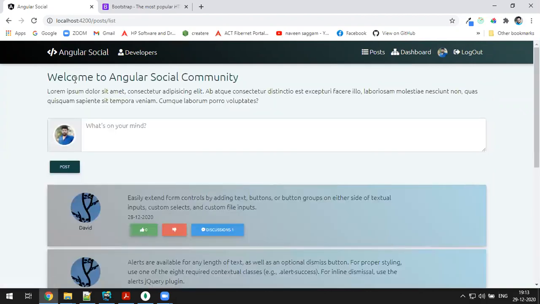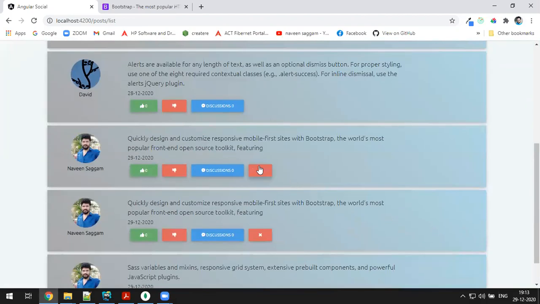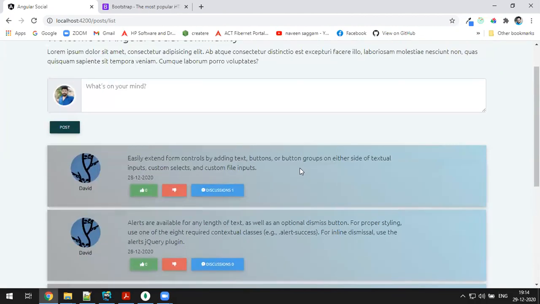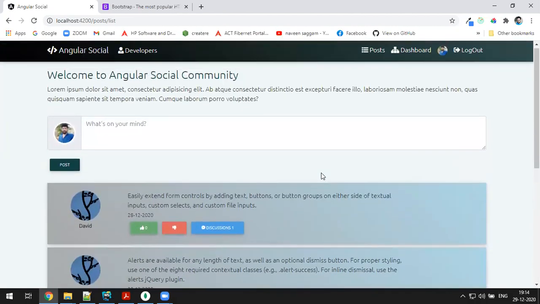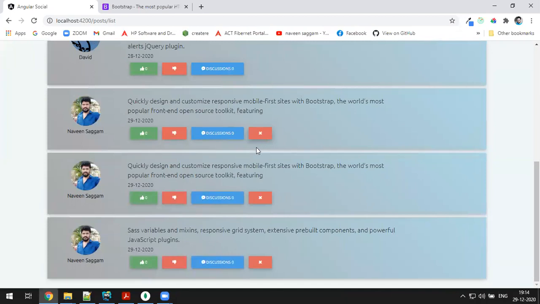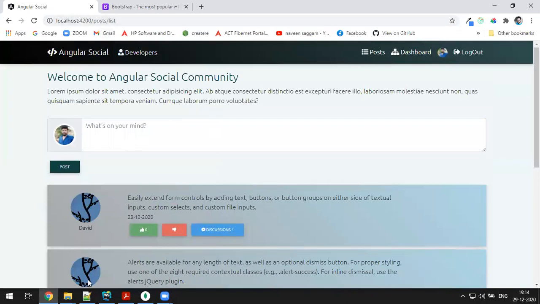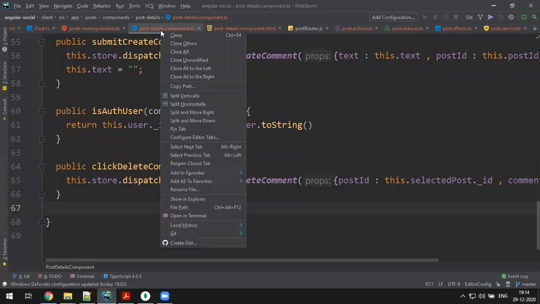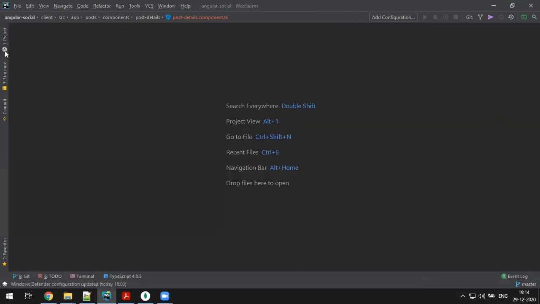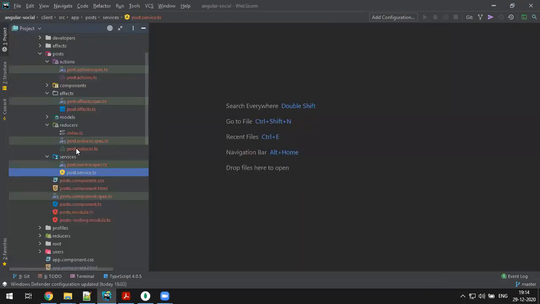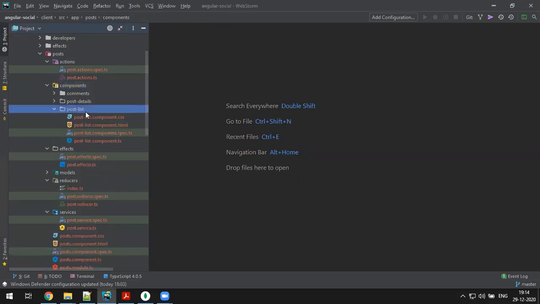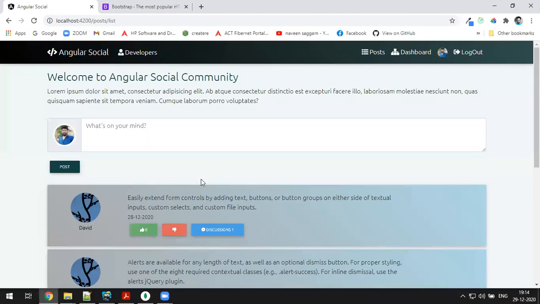Back to here. So here also you have a delete button, correct? But we have not done the delete post logic. See, I'm clicking on the button, nothing happening. Delete post also. How do you delete a post? You have to provide the post ID to delete. Okay, so you have to make action and all, no? Which page? Post list page. Okay, close all the guys. Simply close all. Go to focus on the post list component. Post list HTML. Where is the link? This one, right?